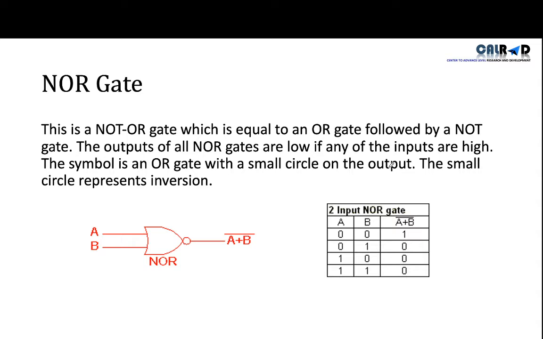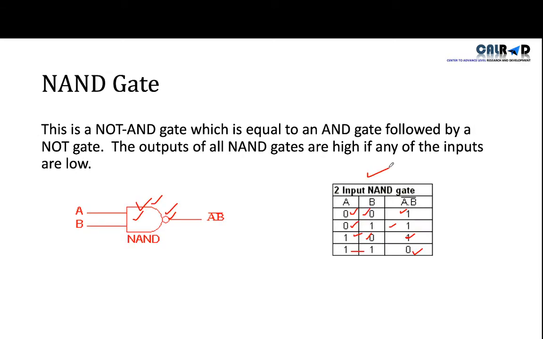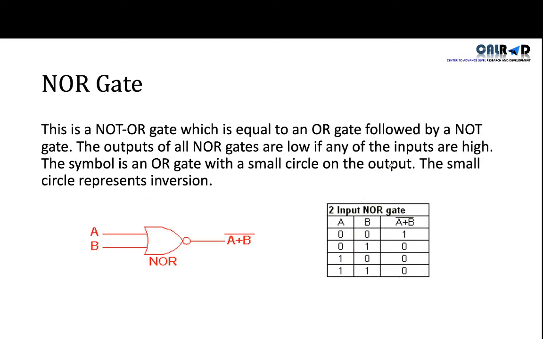The second universal type of gate is the NOR gate. This is a NOT OR gate. The previous one was the NOT AND gate and this is the NOT OR gate. So there will be an OR gate and a NOT in front of it. How will we represent that this is a NOR gate? There will be A plus B and a bar on top of that A plus B. This means this is the output of a NOR gate.